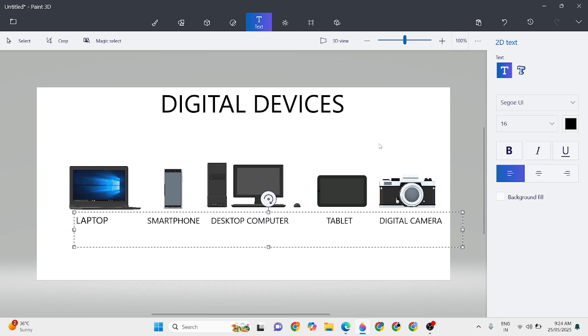Okay, here we go. I'm all set. I have added the digital devices and I have written the names of that. I hope you enjoyed this project. You must practice it on Paint 3D